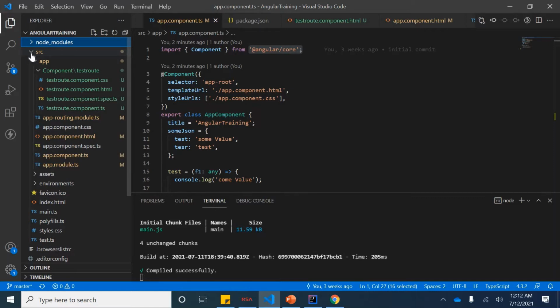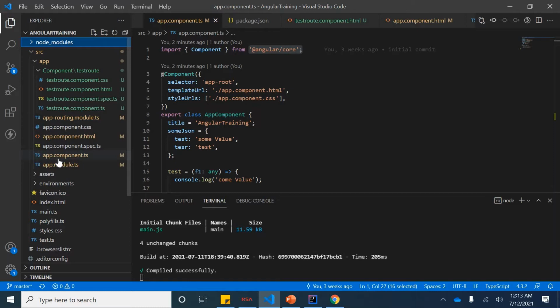I've just created one simple component called test route. You can see it is inside this app folder. App is the module which is on top, so from this module we are going to start.